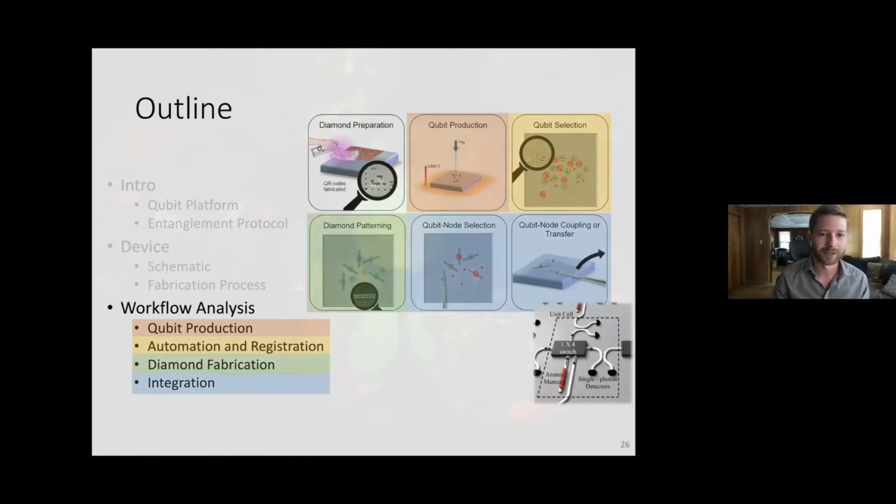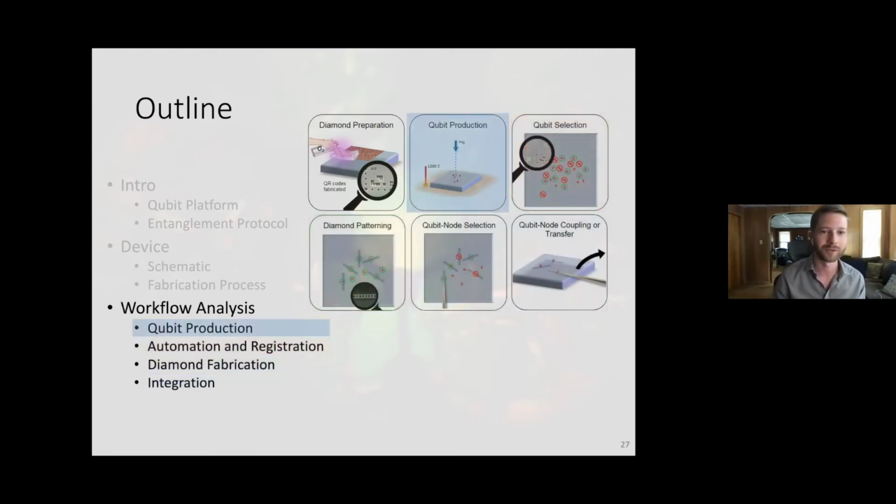And then the final piece is going back in and looking at, now that we have our structures on top of our qubits, we have to go in and find the ones that actually worked and the ones that are the best of the best. And with those ones, we can transfer them off of our diamond chip onto this backbone chip that's going to be our device at the end of the day.